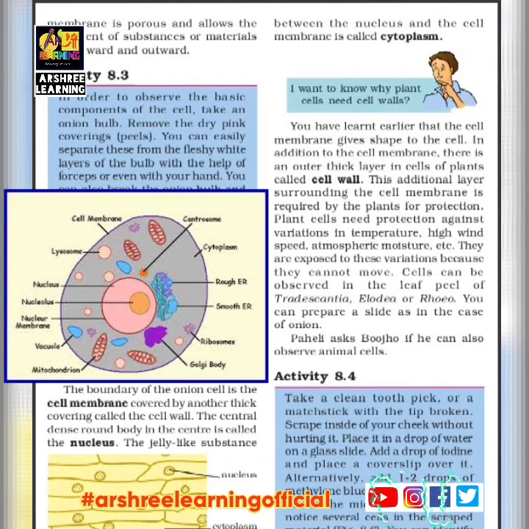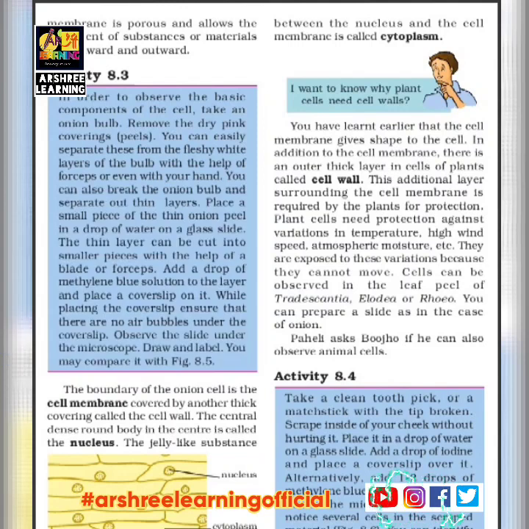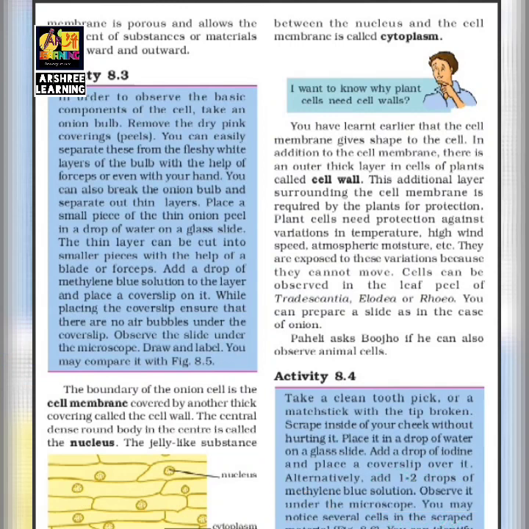Plant cells need protection against various problems which occur in the plant. So it could be a jerk, it could be any movement which occurs in the plant. So why do plant cells need support? Because plants do not have hard separate body structures like our body has. Our body has bones which give support and structure and give shape to our body, but plants do not have bones. So therefore their cells have a hard structure, which is the cell wall.